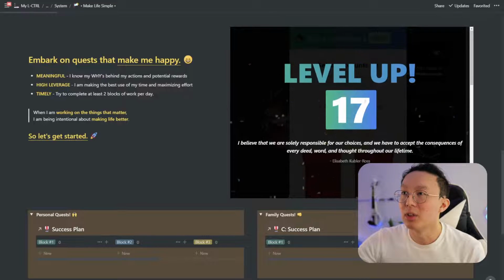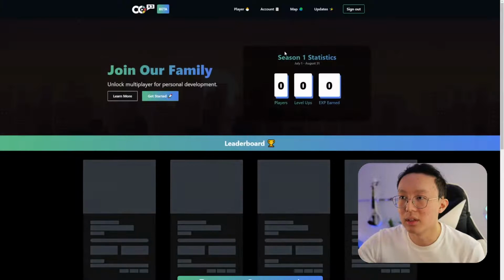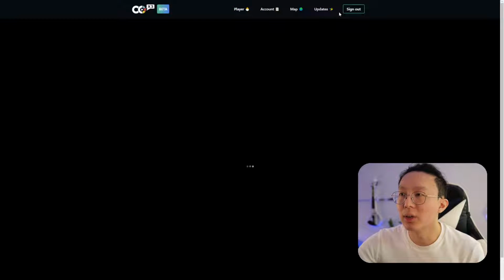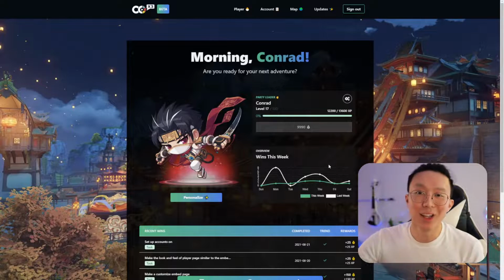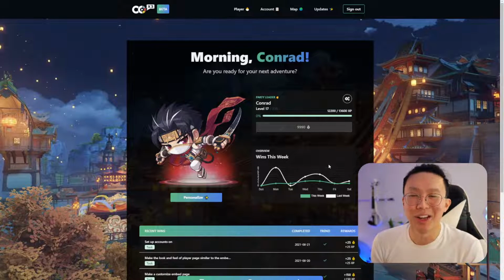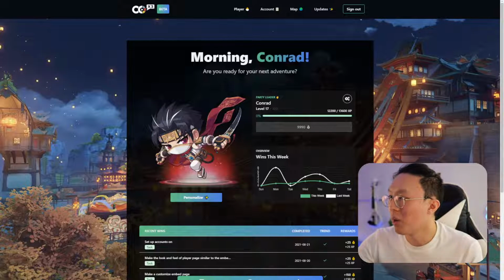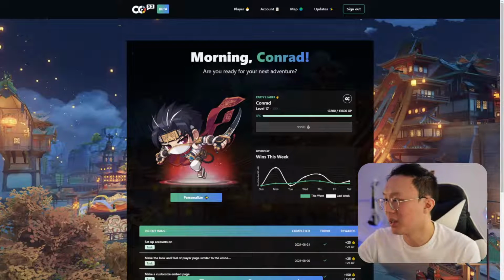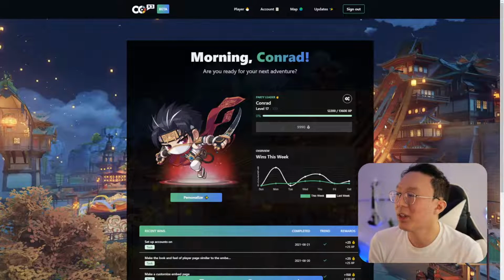Let me also show you how it will look like inside here. Whoops, let's do this here. How it will look like inside your player page, right? So what happens is on your player page, right, inside the Make Work Fun app, you'll also be able to see that pop up. Let me just do that one more time to show you how it looks, because I think it'll be very cool to just show you how it looks on here as well. So I'm going to refresh it.